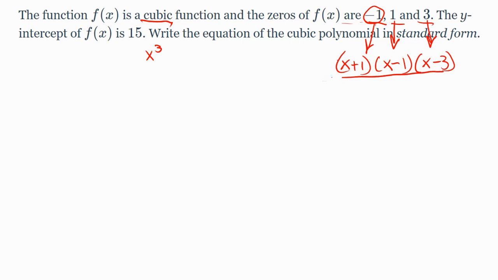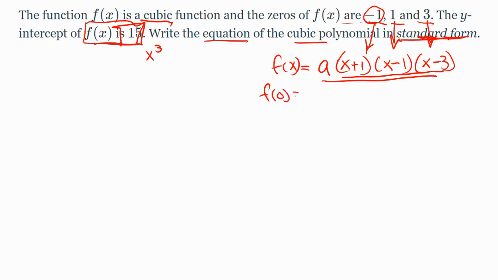Those are my factors. But then it tells me the y-intercept is 15, which means I need an a value. And I know that when I do my work for f of x, I'm going to have to utilize f of 0 equals 15. It says write the equation of this cubic in standard form. So here's all the information that we have. All we have to do is say f of 0 is 15, and then do the work of solving for